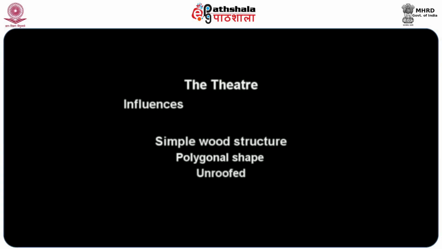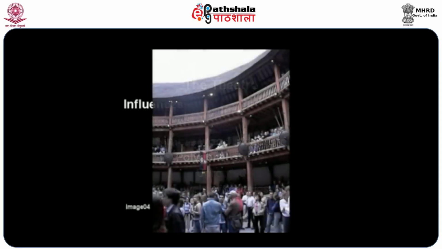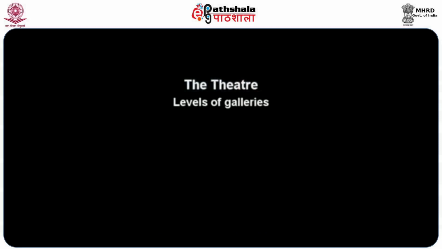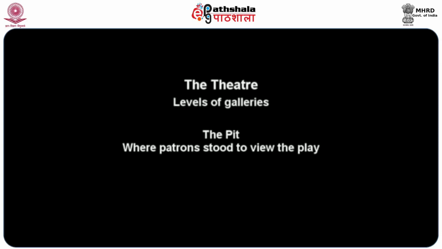There was no roof on this theater, so there was no need to devise a way to light the play productions that were performed there. Inside the theater, there were galleries that rose up perhaps 2 levels high. In these galleries were benches or seats where patrons could pay a little higher ticket price to view the action from above the stage. To utilize as much of the interior of the theater as possible, Burbage also sold tickets to the pit area below the stage.